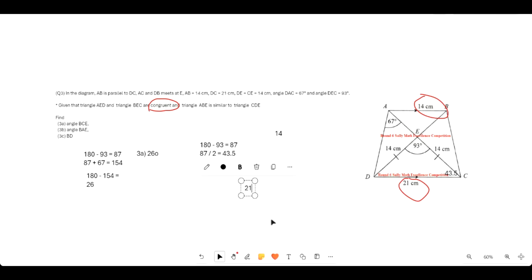So let's write it down. 21 and 14. You can see that both of them are multiples of 7. Since 21 is 7 times 3 and 14 is 7 times 2, we know that it's 3 over 2. So using this, I mean not 3 over 2, 2 over 3. 2 over 3 times 14, since the length of this line is 14 cm. So 14 cm times 2 over 3,